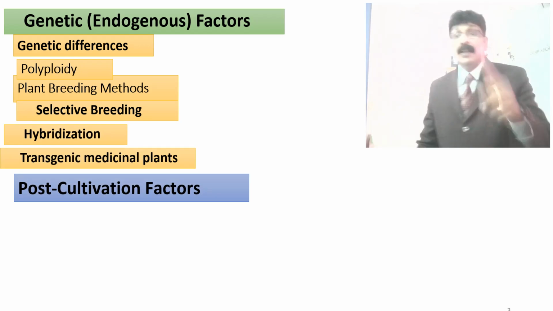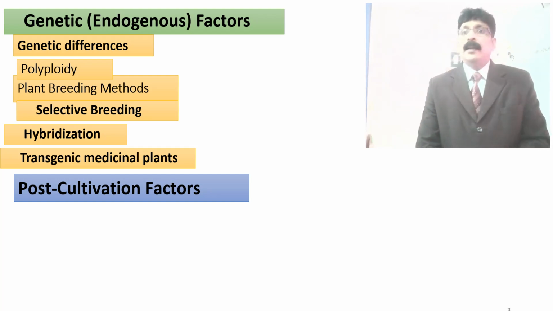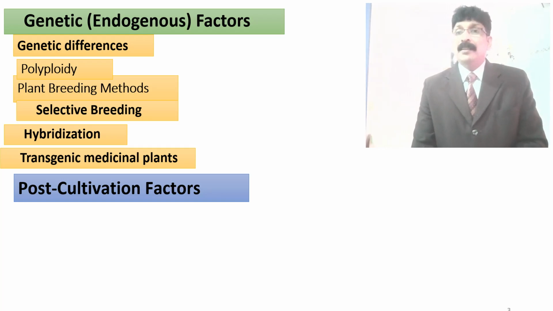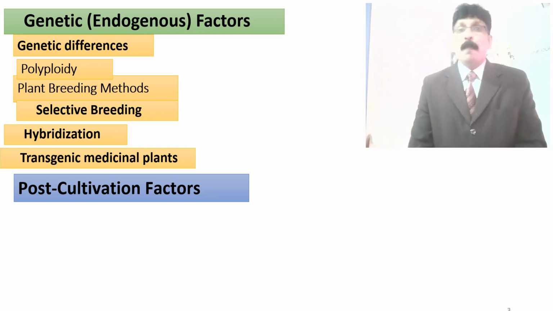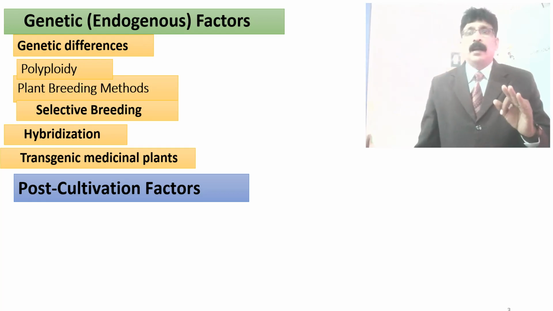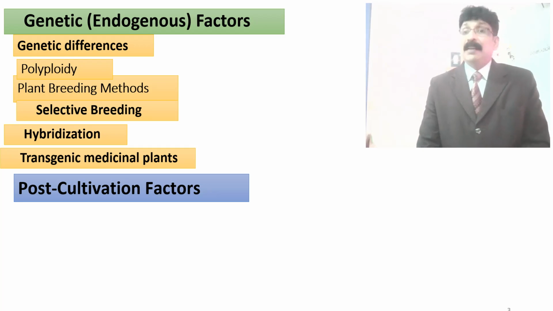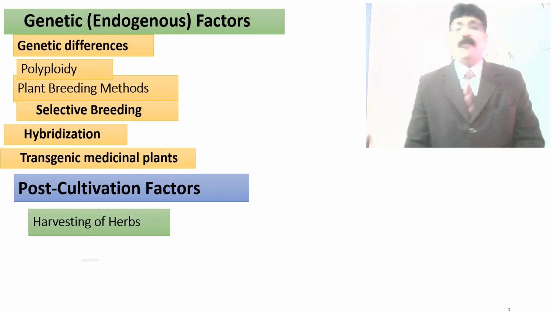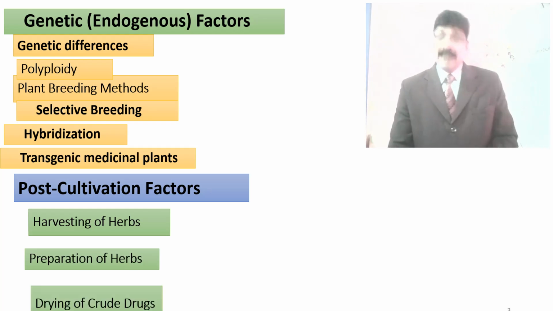And the third factor for the variation of plants in their production and cultivation is post-cultivation factors. So these are the three things which students should remember: exogenous factors, endogenous factors, and post-cultivation factors, in which harvesting of herbs, preparation of herbs, drying of crude drugs,